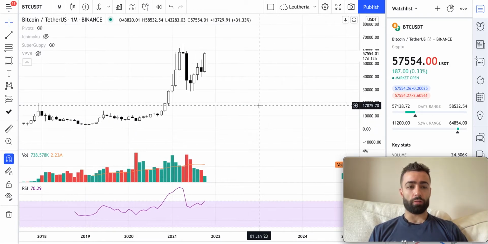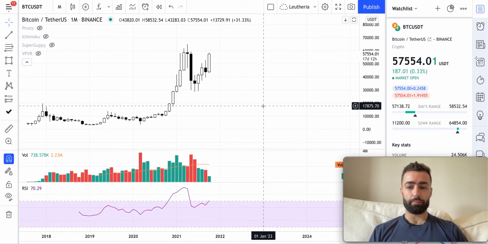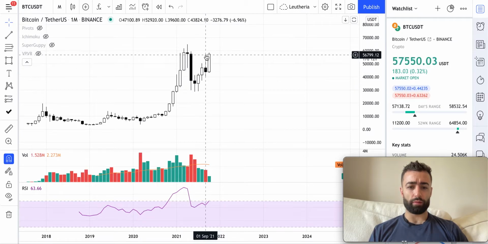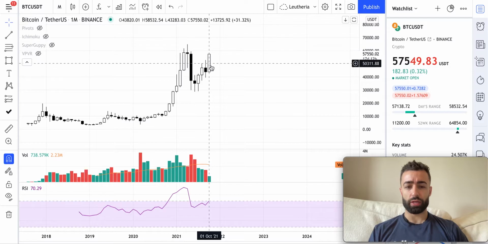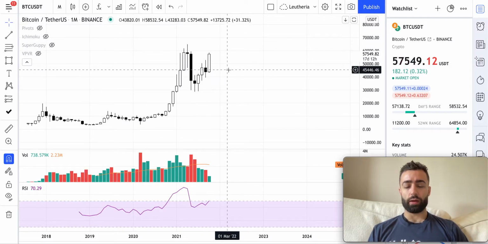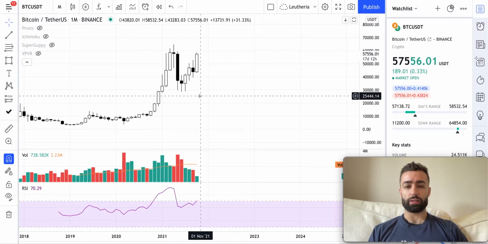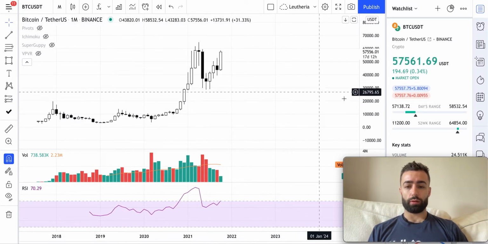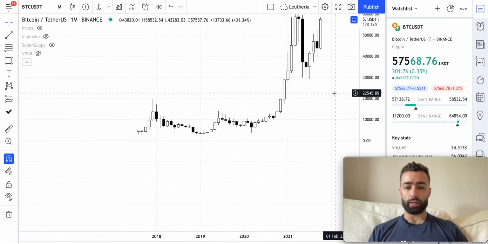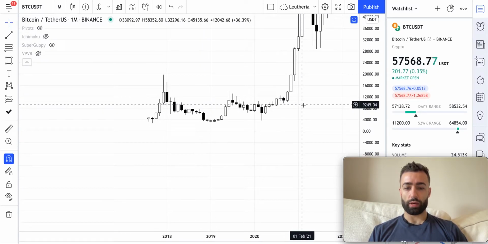All right, starting off with Bitcoin on the monthly time frame. We are looking very good here. In the month of October, we have seen pretty much all bulls since this candle has opened. Now, when I'm looking at a chart like this as an investor, I need to understand the trend that we're currently in. Now, if we go back here and we look down at the previous price action,